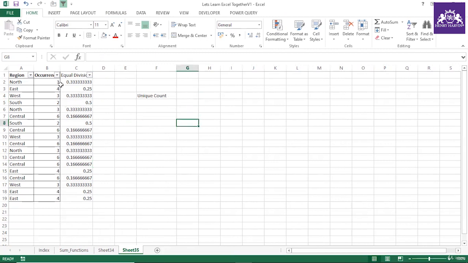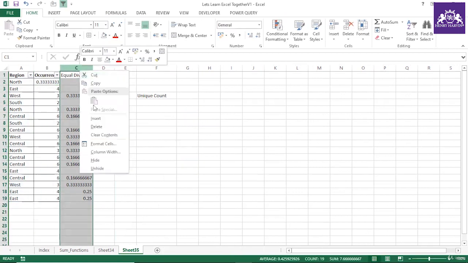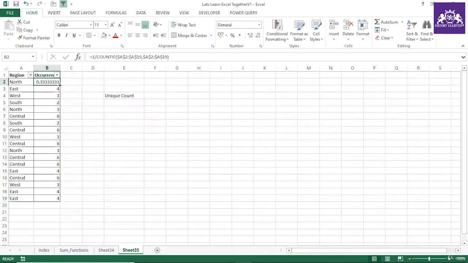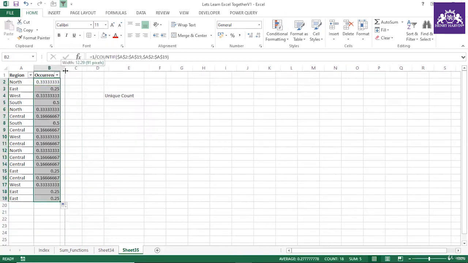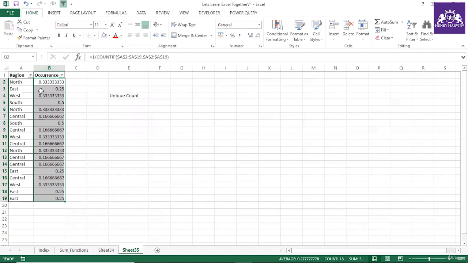To understand that formula, I have to maybe create this function, or in the same function I can use 1 by countif. So I don't need this function. At least I had to create one helper column to find out the total unique values in a region. But again the question is, why should I create this helper column? You can see the total is 5 still, but I don't need this. We created it to make you understand better how we can create that. So you can do this equal to